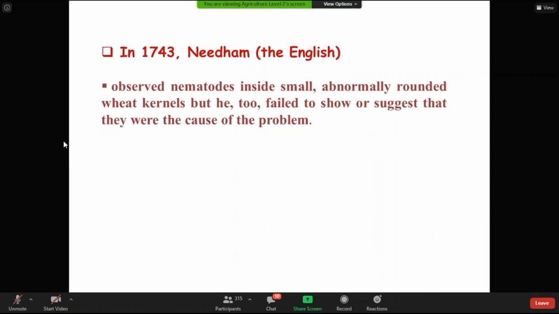কিন্তু সে আবার এটা প্রমাণ করতে পারলো না। সে খালি অবজার্ভ করলো যে কার্নেল গুলি একটু রাউন্ডেড এবং অ্যাবনর্মাল শেপ হয়ে গেছে, কিন্তু এগুলি যে এই ক্রিমিটার কারণে হয়েছে সেটা সে প্রমাণ করতে পারেনি। এটাই তার কন্ট্রিবিউশন ছিল 1743 তে। 1743 তে এটা নিধামের একটা অবজারভেশন ছিল।